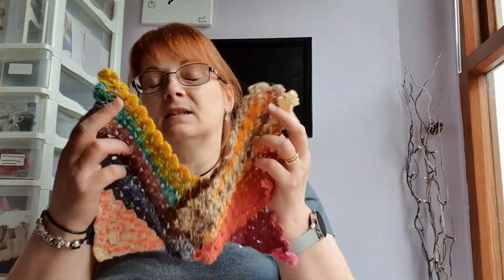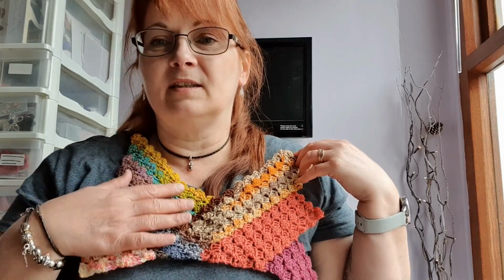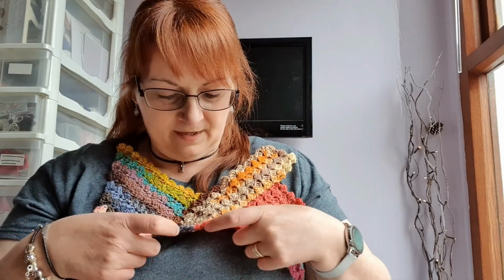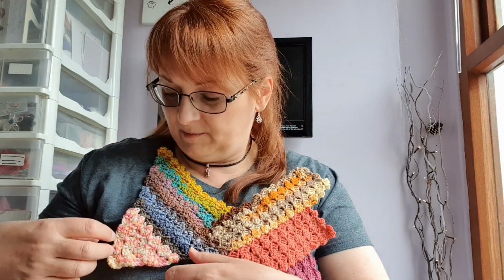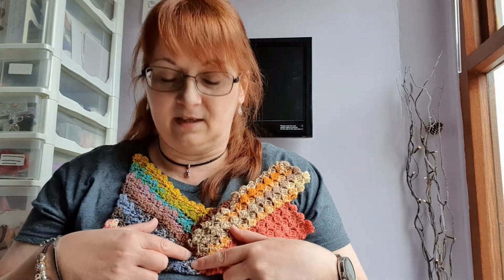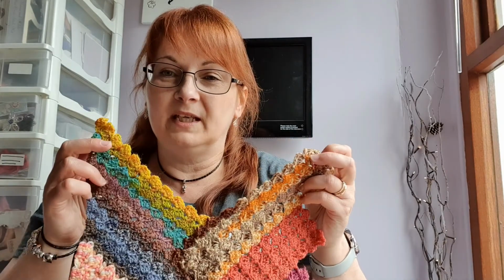So it's knit, here I go again with the knit, it's crochet in blocks that join and come out of each other. And you can't see really well on this side because of the variegated yarns, but you get a bit of an idea on this side. So you've got this block, and then what you do is you crochet this triangle and this block, and then you leave that to the side, and then you come over this side and you do this triangle and this block, and then you join the two together and you do this block, then this block. Well, that took me about 3 days,